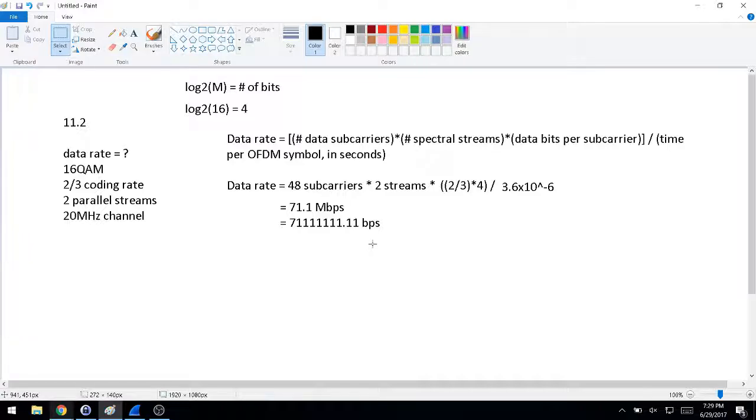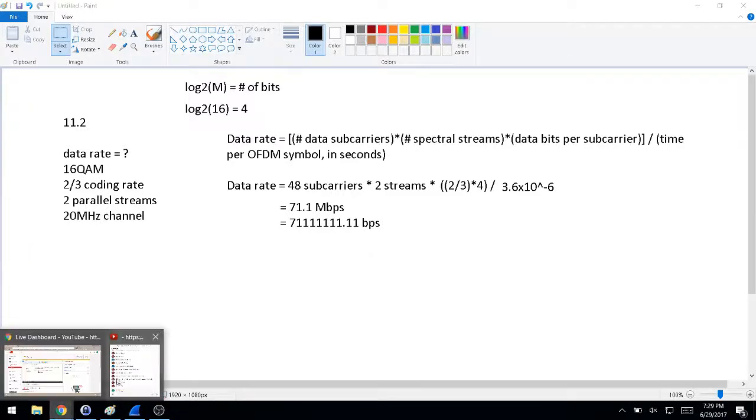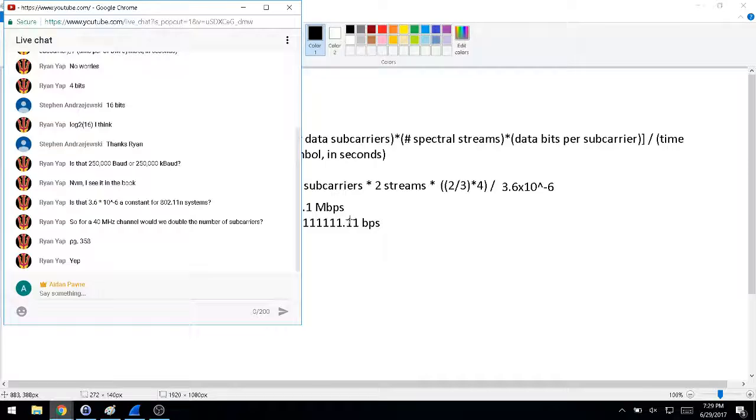Let me explain to you why that is not right. Because that would be the safe assumption to think, is that you could just double, because we have double the channel width, we can fit in twice as many subcarriers, but we can actually fit in slightly more. And the reason we can do that